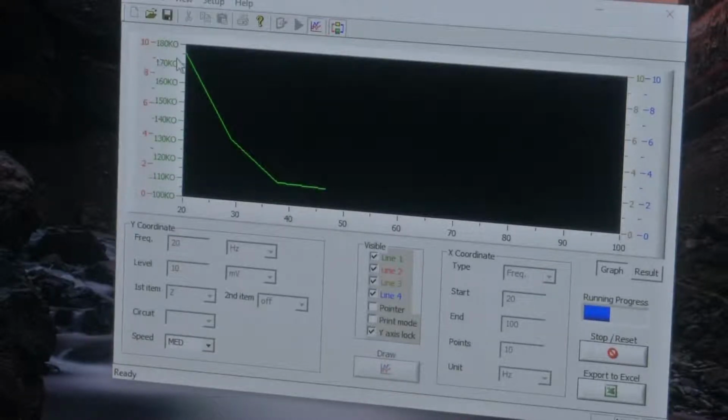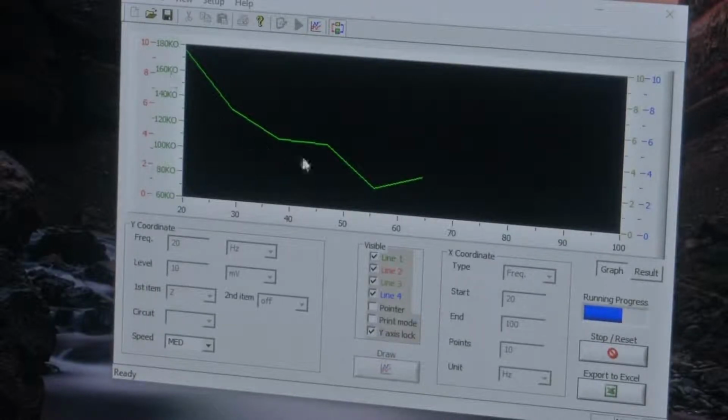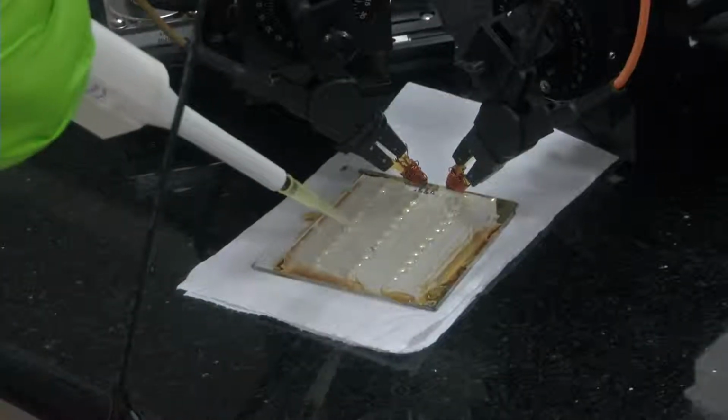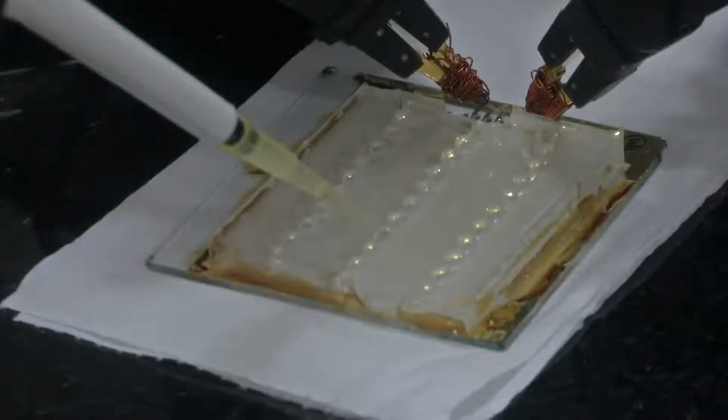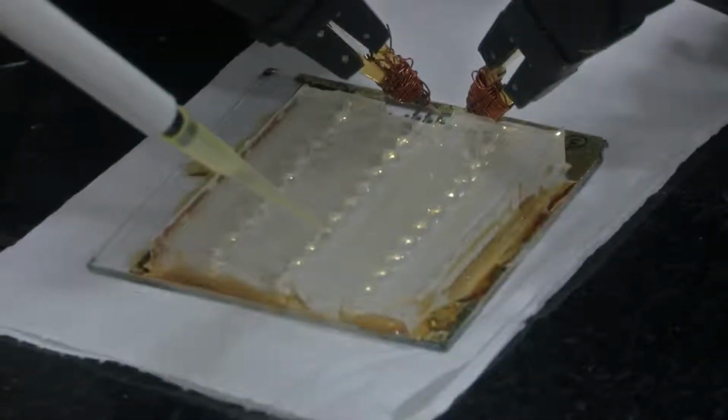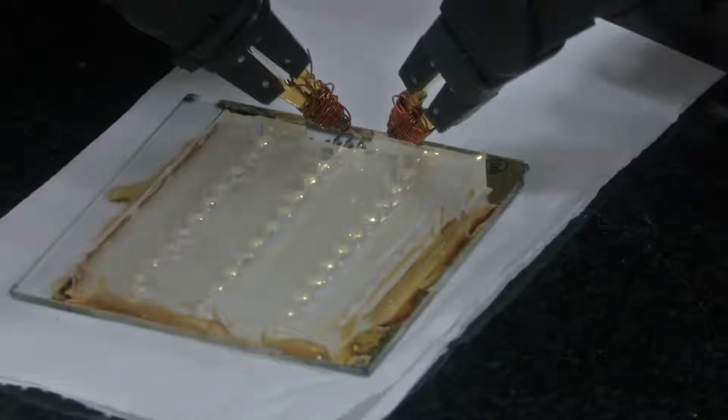This is showing 180 kilo ohm. The impedance is in kilo ohm with the DI water. So we've lost the readings because it was in capacitance mode. The amount of impedance the empty well measured was not captured. But now we can see the impedance in kilo ohm. It is dropping as the frequency increases. So this is with the DI water. Now I will pull back the DI water which was put in the third microwell and then discard it.